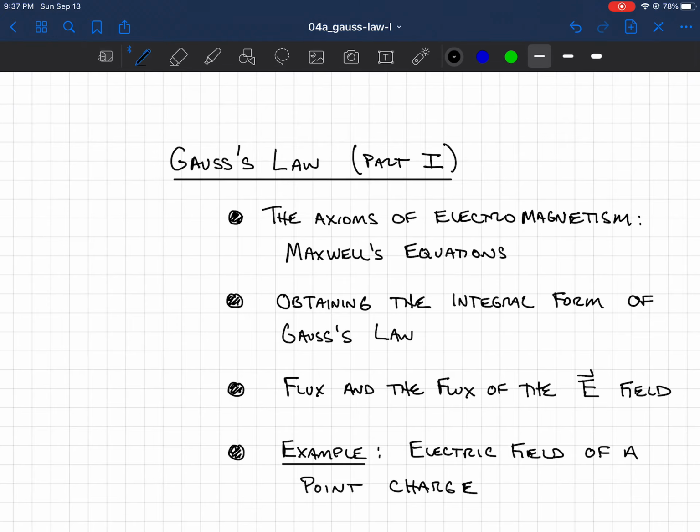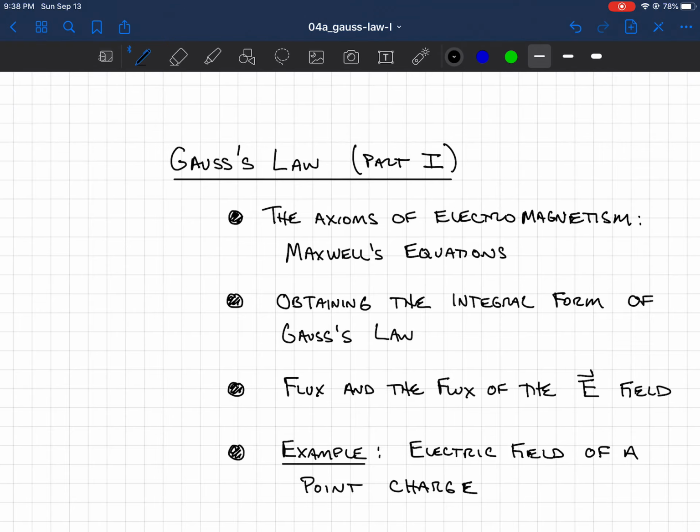Then we'll talk about how to obtain the integral form of Gauss's law, which is the form that we're going to use in this course, from a little bit more difficult type of equation, which is called the differential form. We'll talk a little bit specifically about half of Gauss's law, which is called the flux of the electric field and what that means. And then finally, we'll do an example where we show that we can derive the electric field of a point charge, the equation that we've already been using, which came out of Coulomb's law, just from